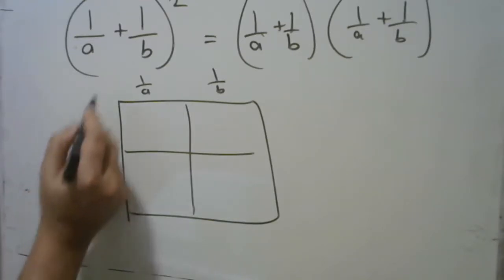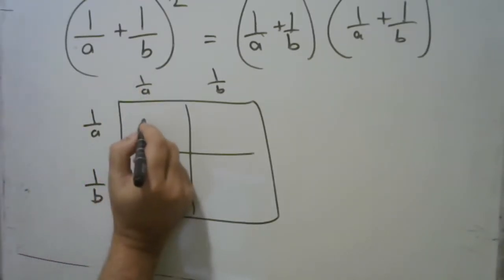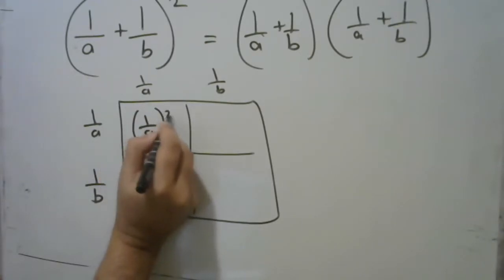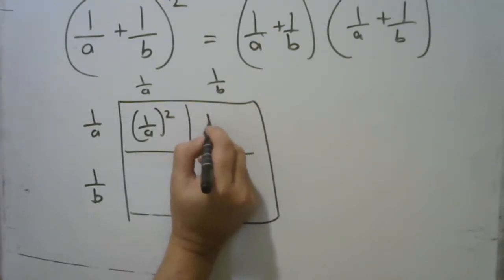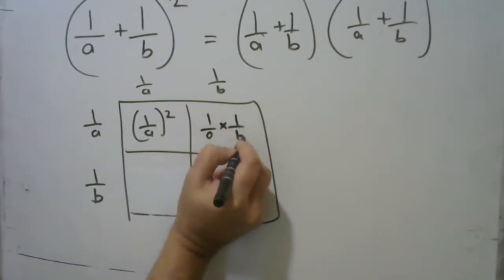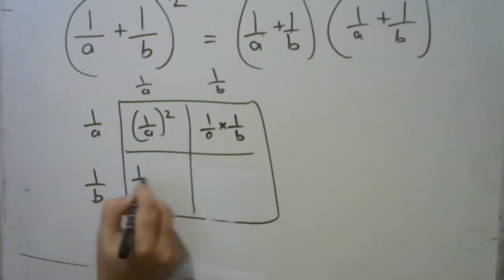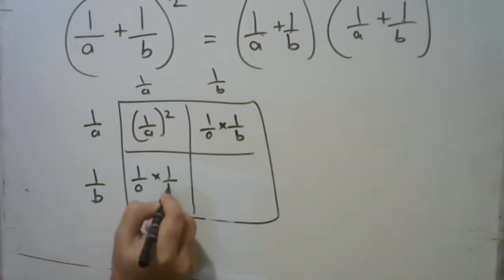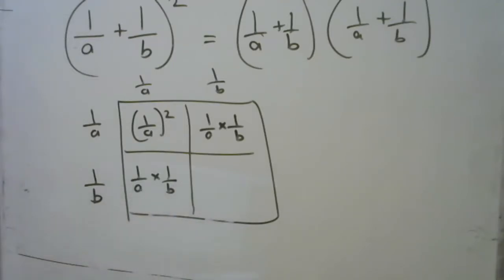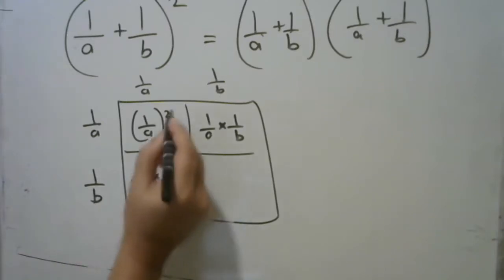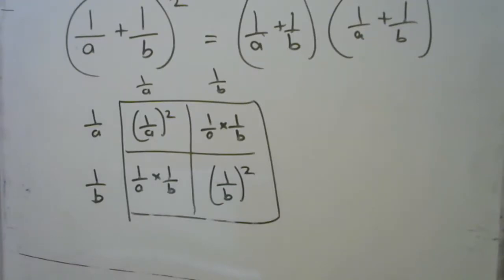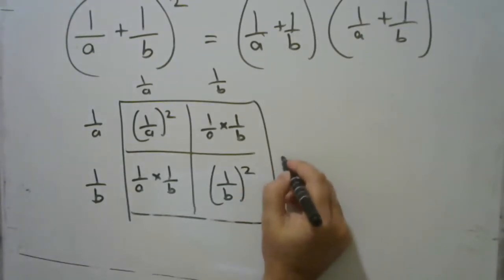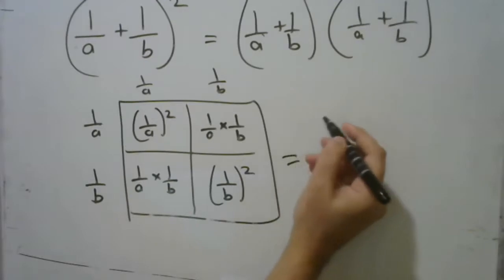So 1/a times 1/a is going to give you (1/a) squared. 1/a by 1/b is 1/a times 1/b. This is going to be 1/a times 1/b, because the order here doesn't matter, right? And here you're going to have (1/b) squared. So this is going to be equivalent to